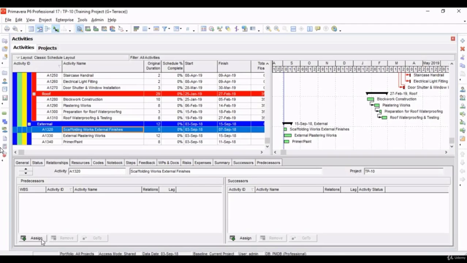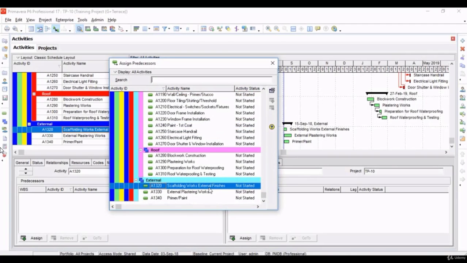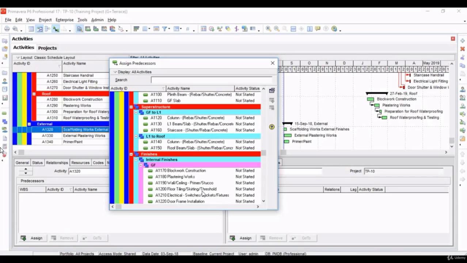Now for this we need to again assign a predecessor. We need to start external works only after the roof slab casting is done.